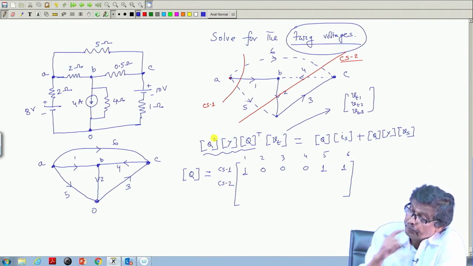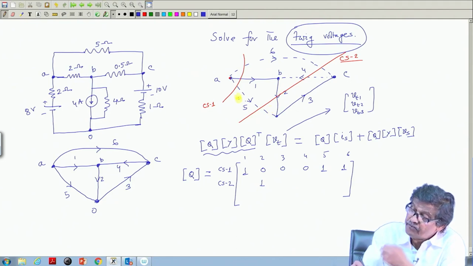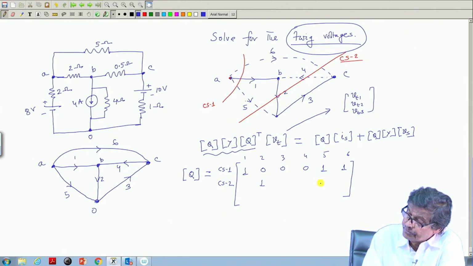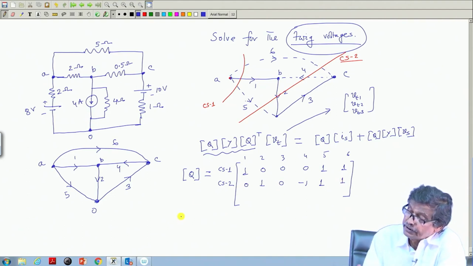at the cut set. So, at this cut set from top to bottom, if you see this decides the plus sign, this tweak directions. So, this is plus 1 tweak. 5, it is also from this side to this side, same as 2. So, 5 will be 1, 4 it will be opposite minus 1 right to left, and 6 will be also plus 1, 0, 0 over, and then cut set 3 involving